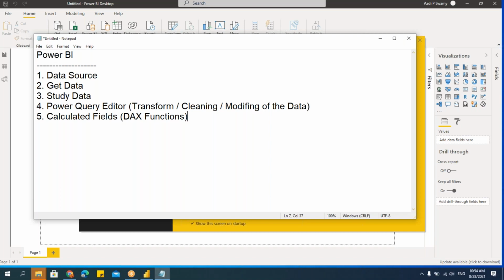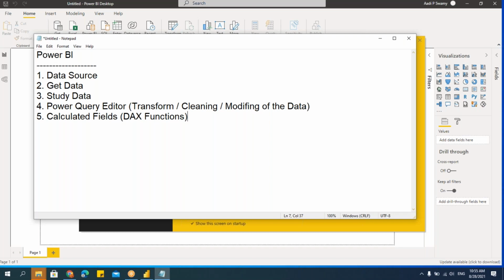Then what is the difference? Whatever functions we use in Excel, the same functions we have in DAX as well, but not everything. But DAX has something more than Excel formulas, because here we can create results, that is output, in a dynamic way.